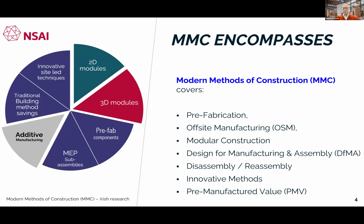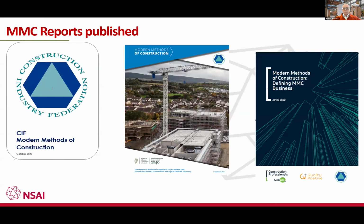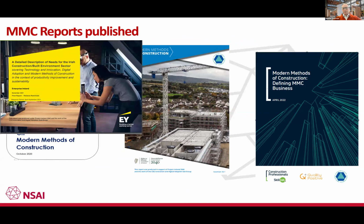So therefore, they have their own certification scheme under CE marking, but it's just to be aware of that and familiarized on it. There's been numerous reports published over the years, going back for the last couple of years. They should be publicly available. If you go into Google and just type MMC reports, the amount of PDF reports that come up for Ireland is just phenomenal. These were the first original reports that I co-authored on with the CAF, but there's been further